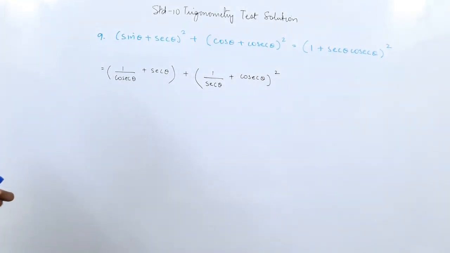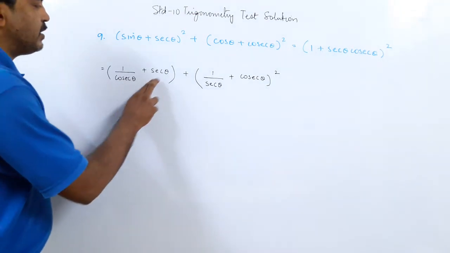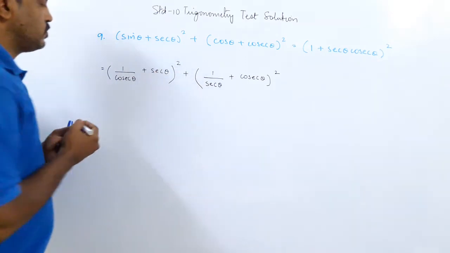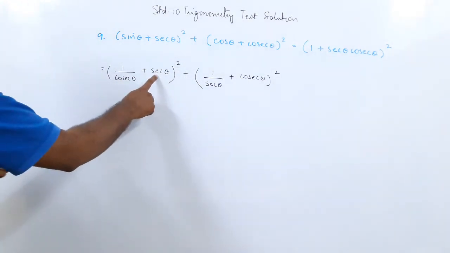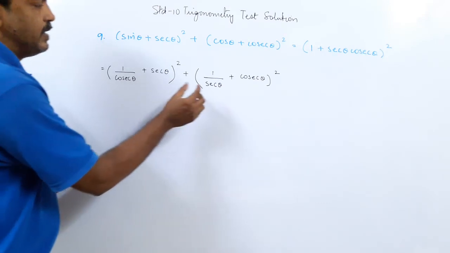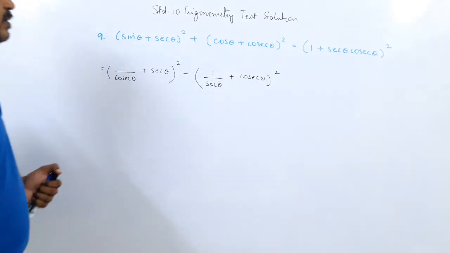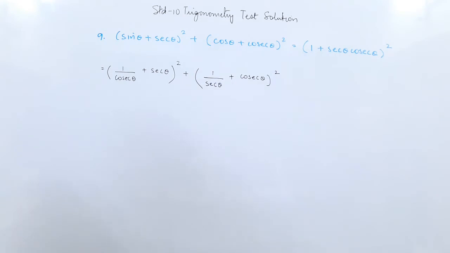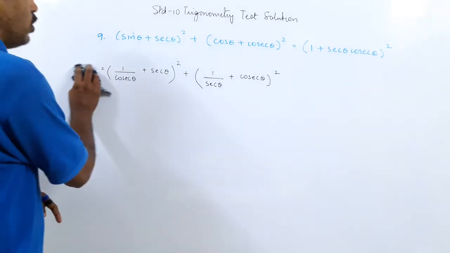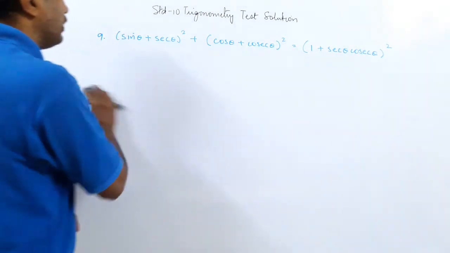Okay. Now what will you get here? You will get cosec theta into sec theta. So sorry, this is a square here. So you will get cosec theta into sec theta, but a cosec theta remains in the denominator, and here a sec theta remains in the denominator. So will it be easier to solve? I don't think so. If you work it out, you will get the answer, but maybe in some longer steps. So we will not do that. We will make it